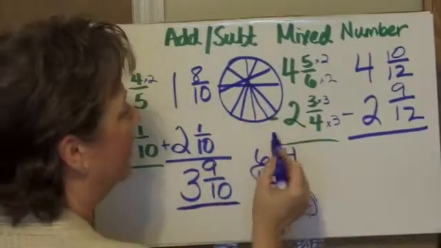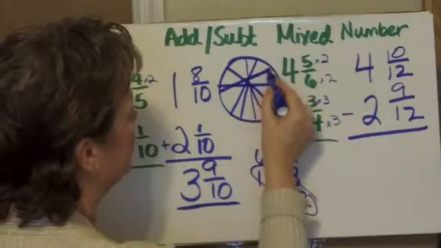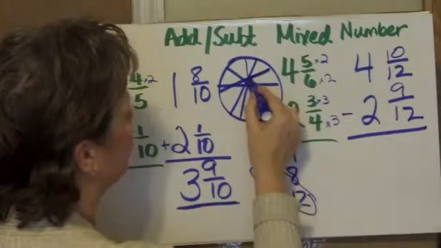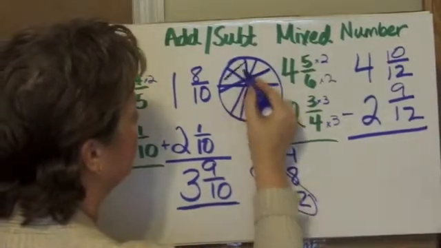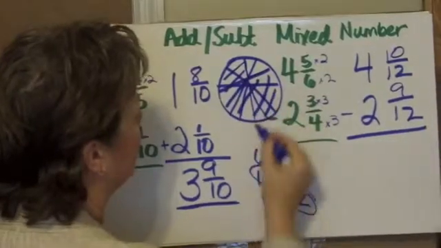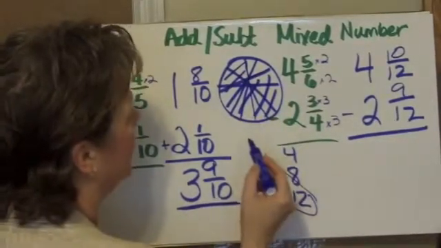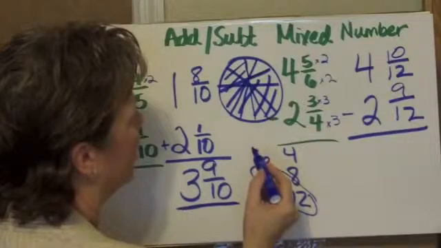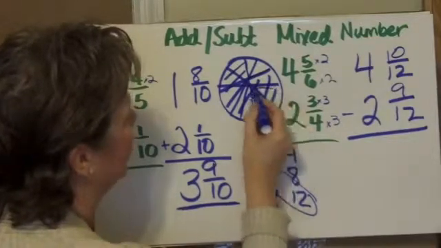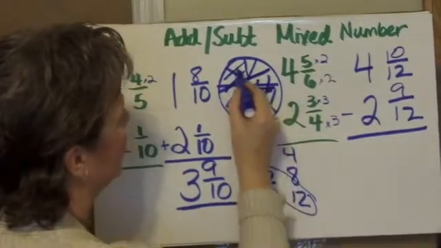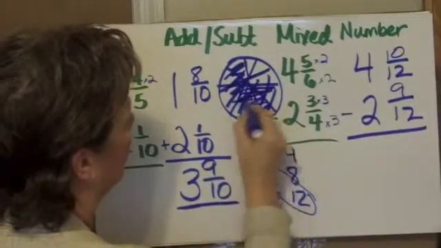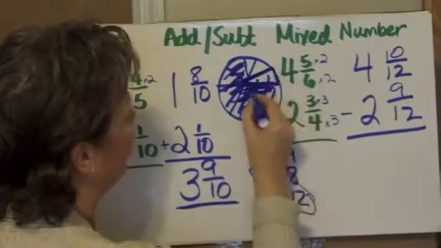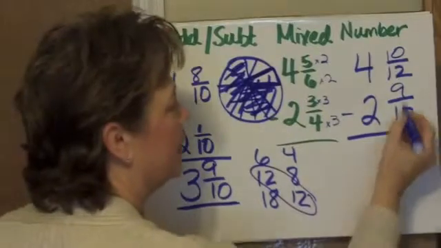So if I have 10 pieces, these are the 10 pieces, and I take away 9 of them, I have 1 piece left. So we'll do 10 take